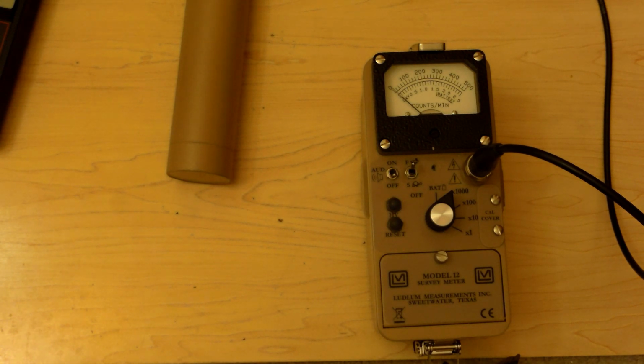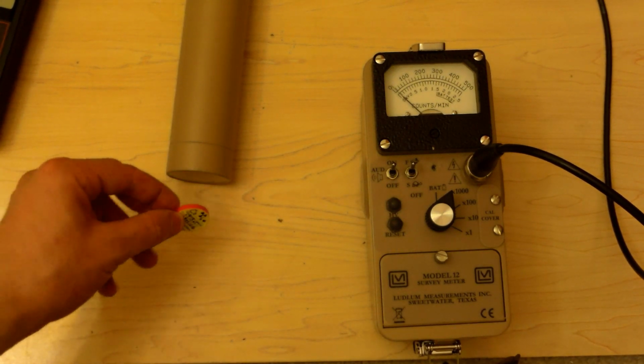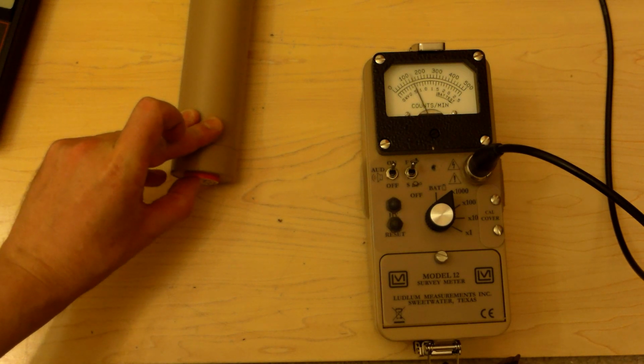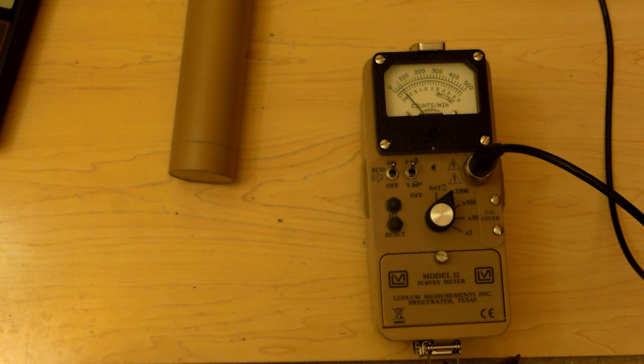Alright, here's some potent sources I'm going to put up against it. The first on the list is cobalt-60. This is nearly 1 microcurie, which is nearly 37 kilobecquerels of it. This is powerful stuff. The low energy detector would not do very well against this. 200,000. Not bad. You've seen cesium. So let's switch to